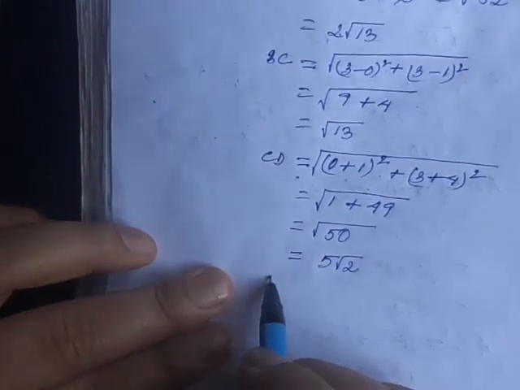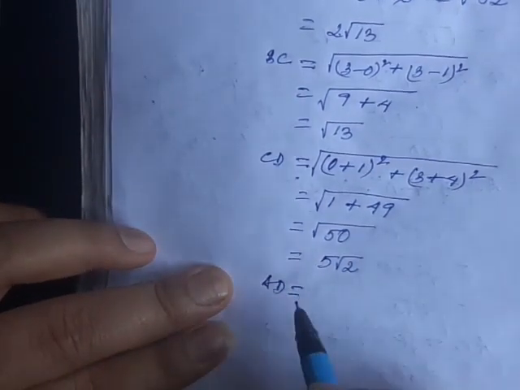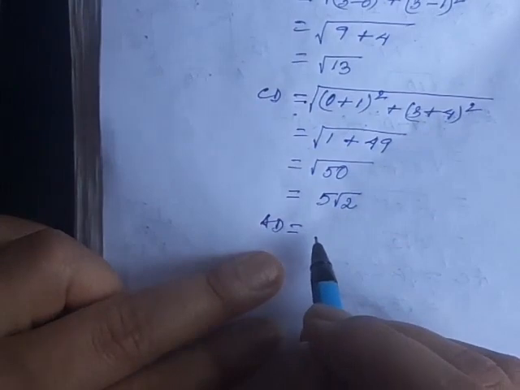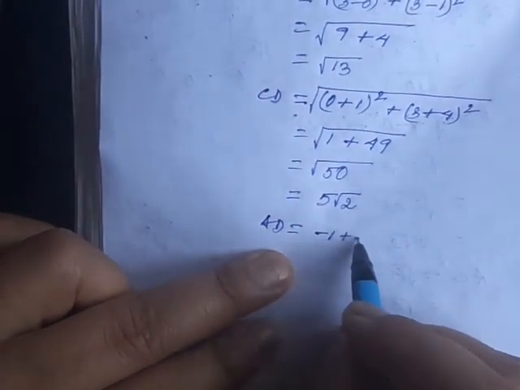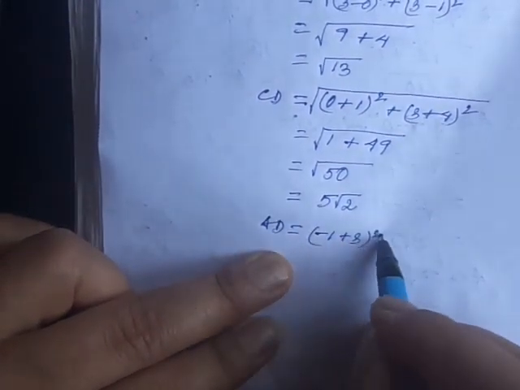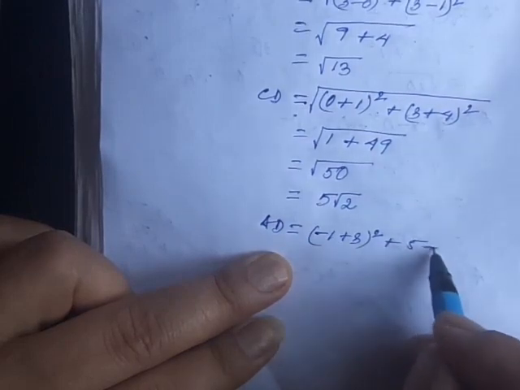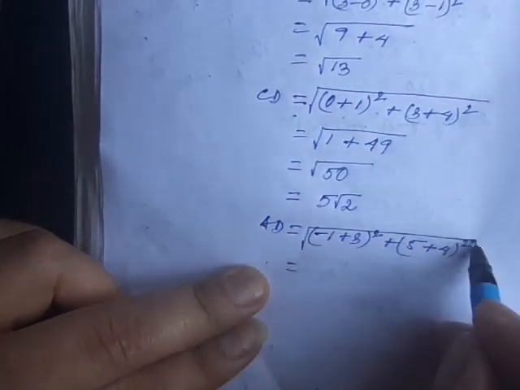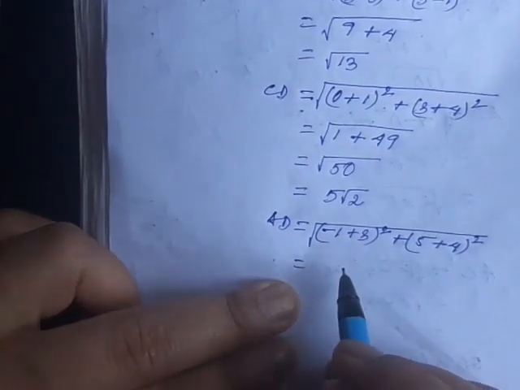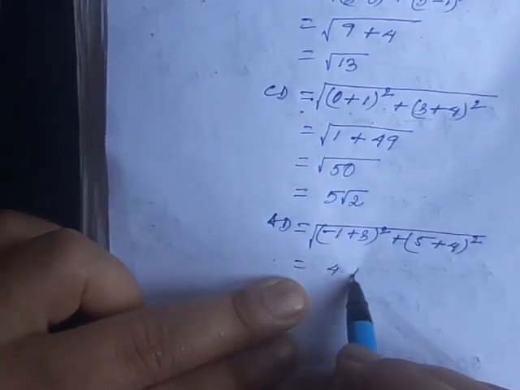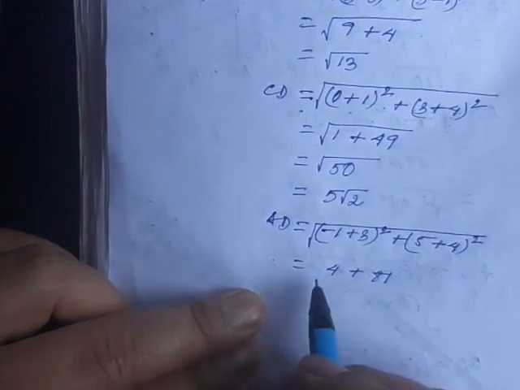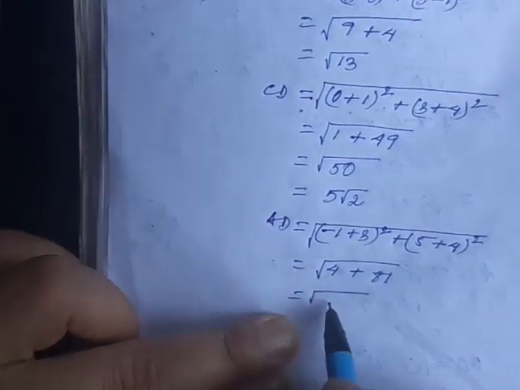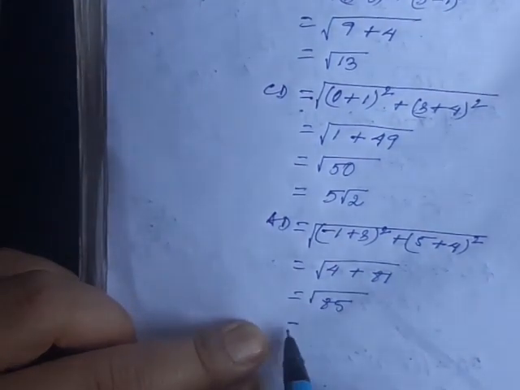Then ED, here minus 1 is bigger, so minus 1 plus 3 whole square, then plus 5 plus 4 whole square. So this is equal to 2 square is 4 plus 9 square is 81. So we get root 85. Root 85